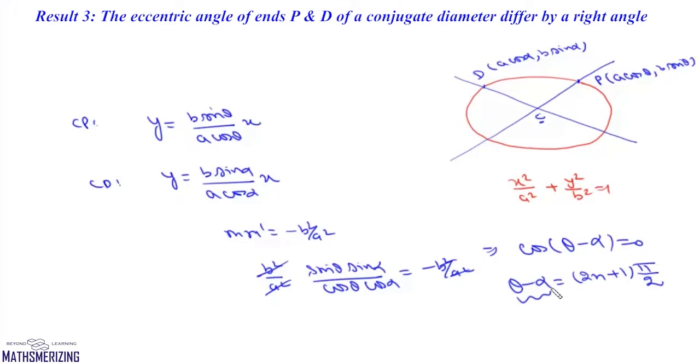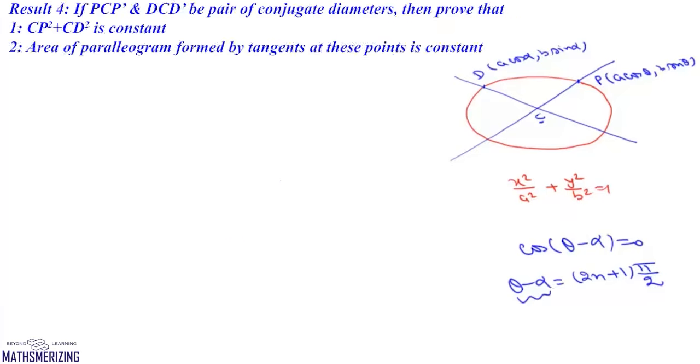So that means these two eccentric angles differ by either pi by 2 or minus pi by 2. Now another result is: if PCP' and DCD' are a pair of conjugate diameters, then we need to prove that first, CP square plus CD square is constant,